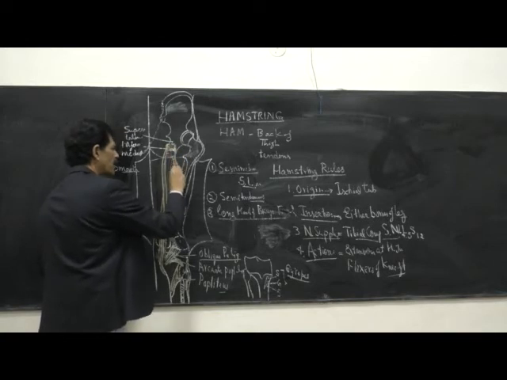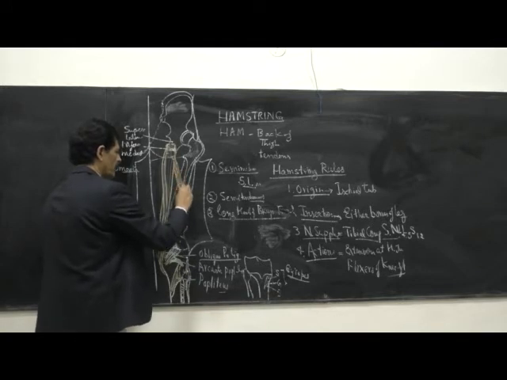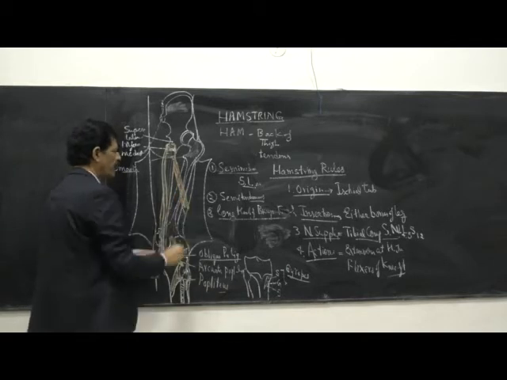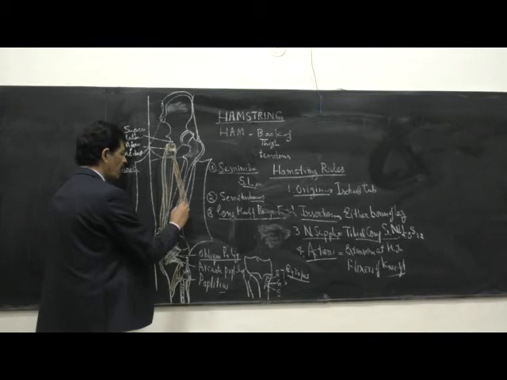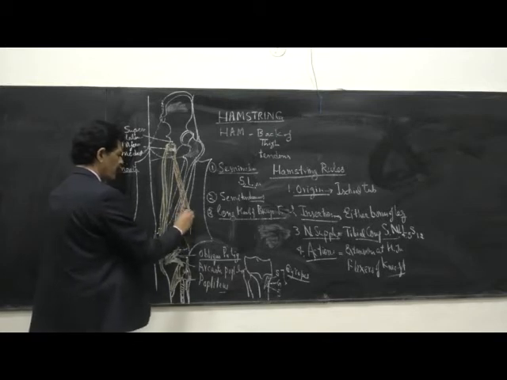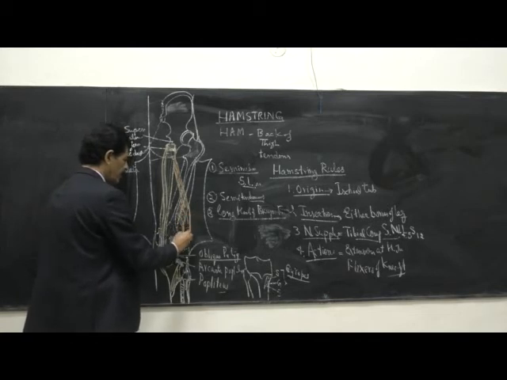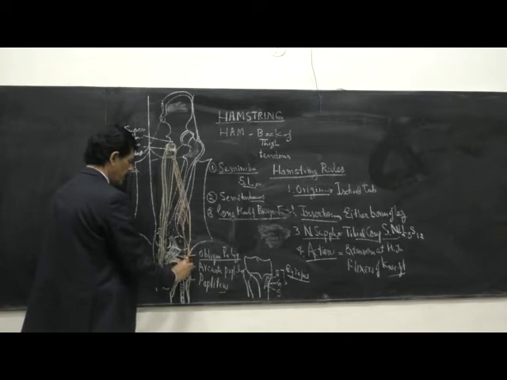and this long head of the biceps runs obliquely, laterally on the posterior aspect of the shaft of the femur, and in the middle part of the femur, from the linea aspera, the short head of the biceps muscle meets with the long head, and they form a tendon, and this tendon runs laterally behind the lateral condyle of the femur, behind the fibrous capsule of the knee joint, behind the lateral condyle of the tibia, and